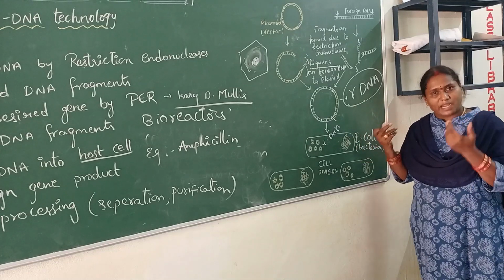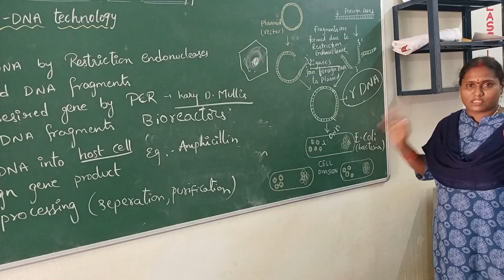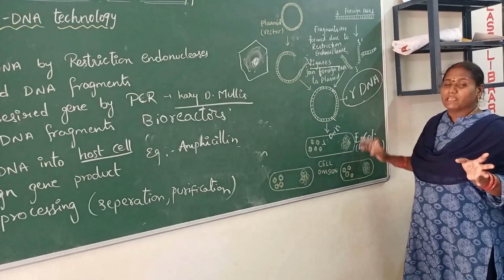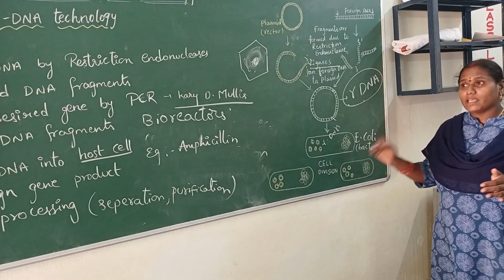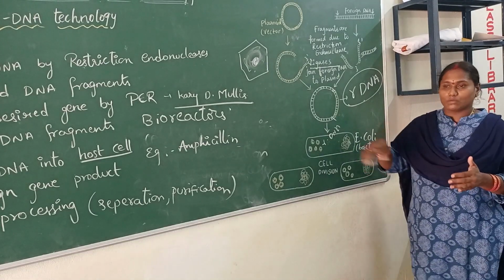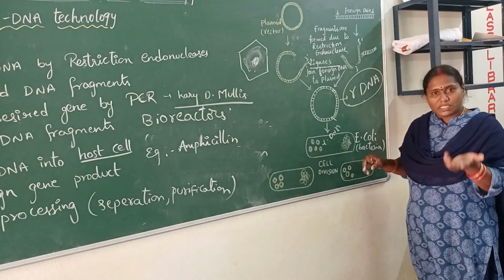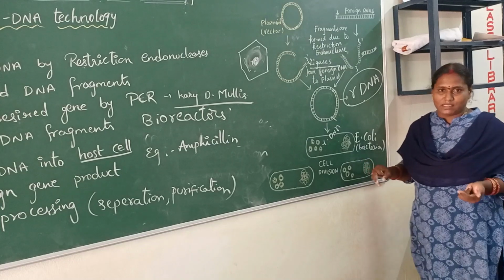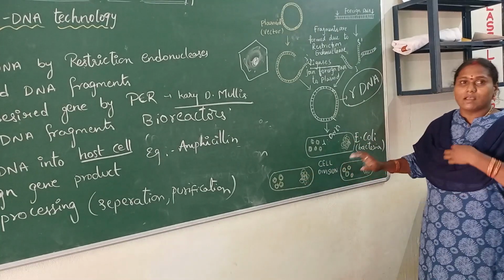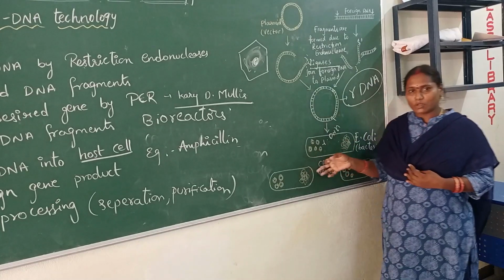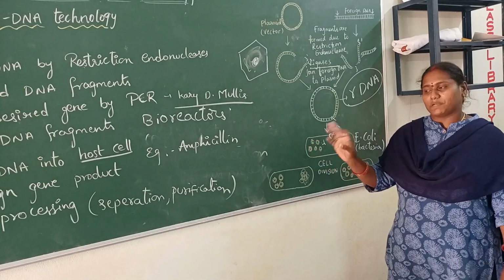I have also explained that. The bioreactor is an important instrument where we produce on a large scale. The complete product will be given in a very large scale, 100 to 1000 liters of product can be obtained. There, the medium to grow these cells is either animal cells, human cells, or microbial plant cells. These three can be used as a medium for the bacteria cells to multiply. That is the important process, last but not least, obtaining the foreign gene product.